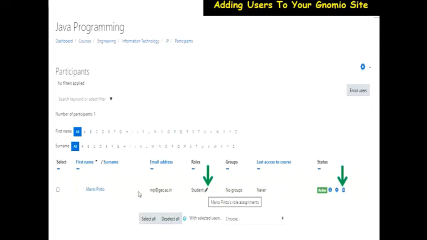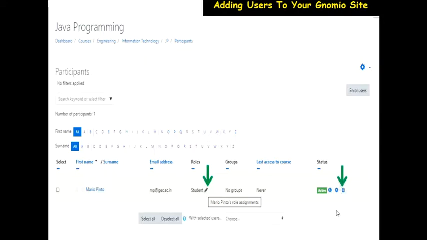So the name of the user, the email address, the roles. You can edit the role if by mistake you have given a teacher whom you have added a role of a student. You may edit the role over here. This is groups, which I will be discussing later. This is the last access time of the course. Now that person should be logged in and trying to access your course. That also gets recorded over here. Now sometimes if you want to delete a student because he's got a block or he is not eligible but he was already in the course, you may delete him by clicking on this dustbin kind of a symbol over here.